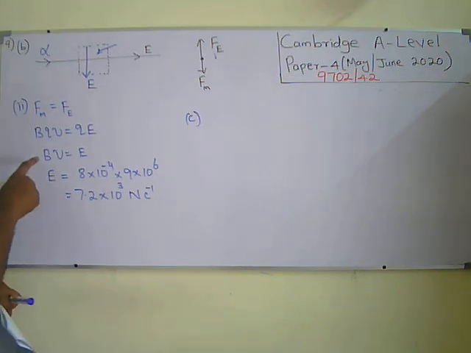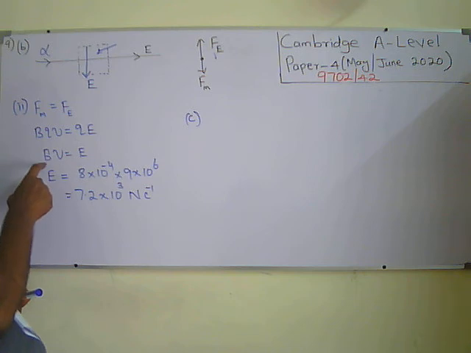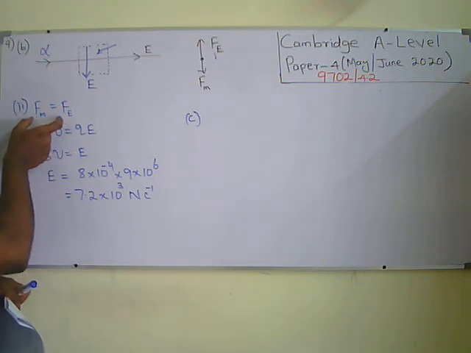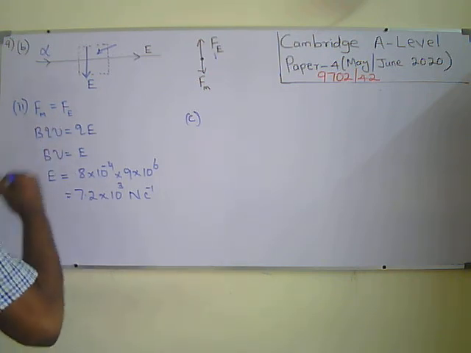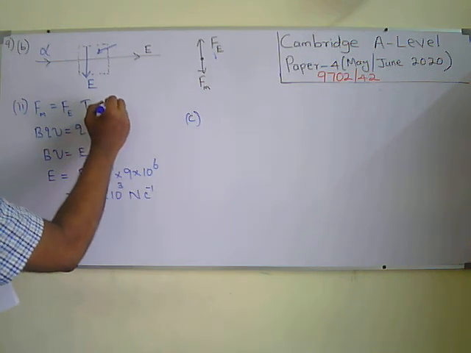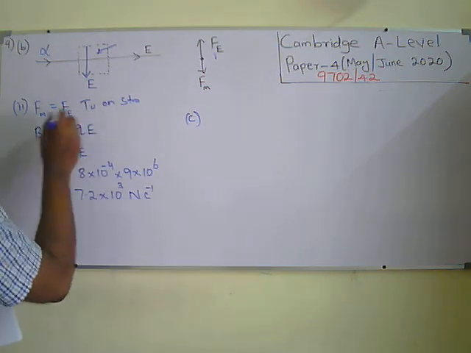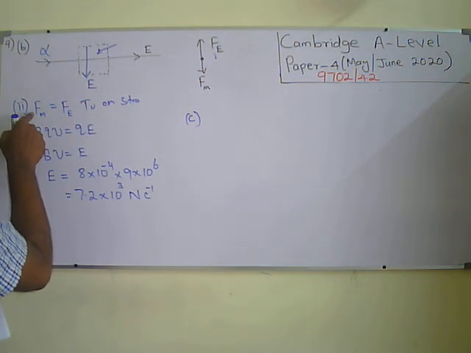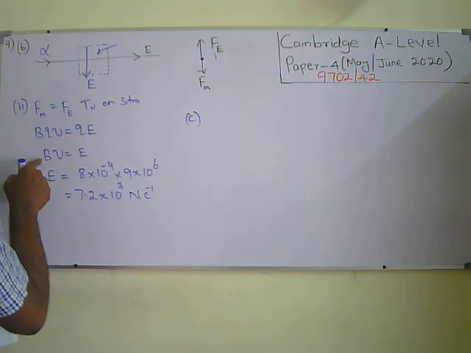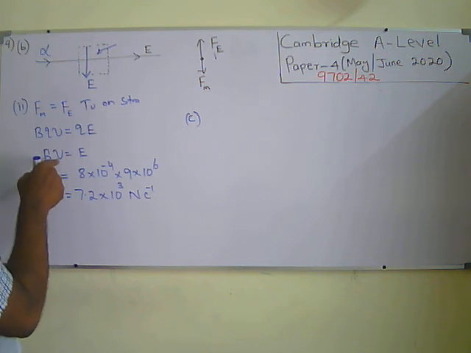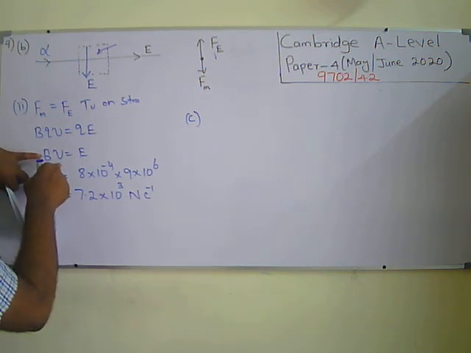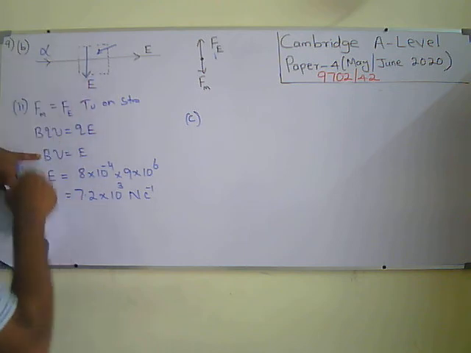You know that finally we got this expression, BV equal to E. This condition is obtained from here. This condition is for what? To move on a straight line, or to show no deflection. To move on a straight line, this must be satisfied. When this is satisfied, that means it does not depend on the charge. It depends only on the speed of the particle when you keep the same B and E as here.